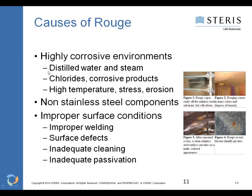So what's the result of that? When you do have rouge and it gets to be where it's seen on the surface, it can increase the surface roughness. And what this leads to is a reduced cleanability and sanitation, because as that rouge gets in there, it makes that surface, instead of a nice smooth surface, have little peaks and valleys where the actual residue can adhere, and then microorganisms can adhere to that,